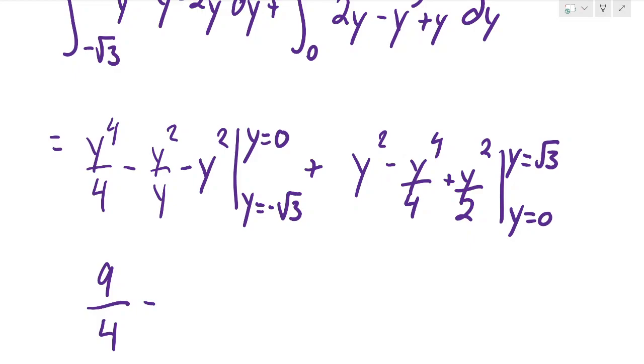Minus negative root 3 squared is going to be 3. I don't know why I wrote over y here. This should have been over 2. And then minus, again, 3. And then over here we have plus 3 minus